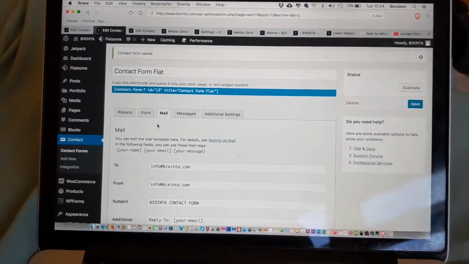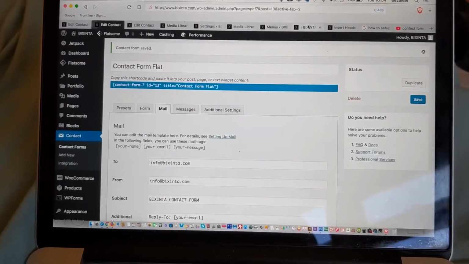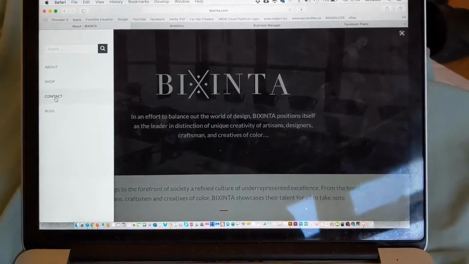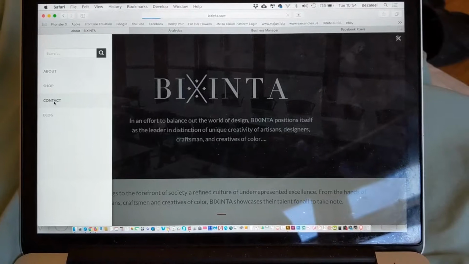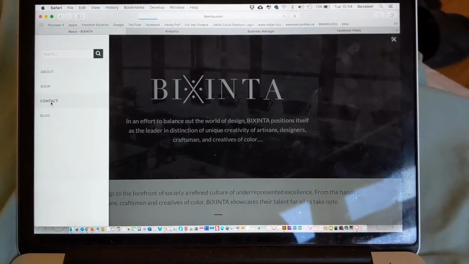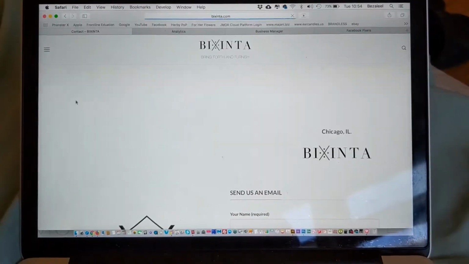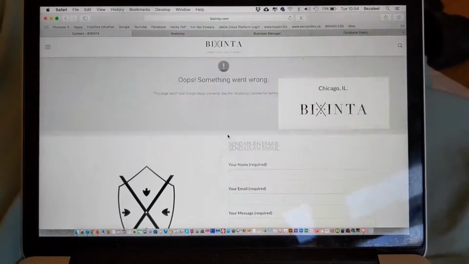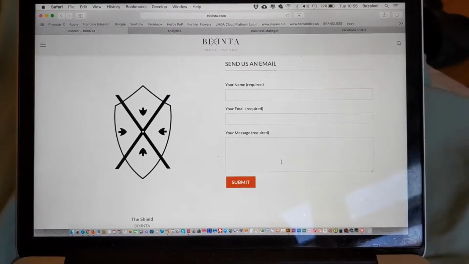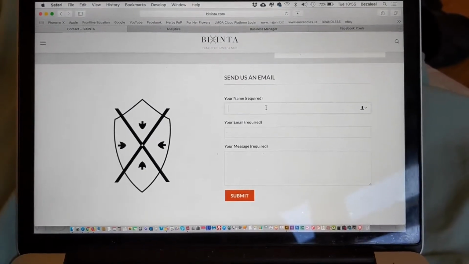And so what I did is I went to mail, so that when you go to your website and you want to have your contact form set up, there are different looks that the different forms have. And so I'm going to open up one of my forms now, right? So here in my contact area, I have this form, and I believe this is the flat form, right? And so where you put your email address in,